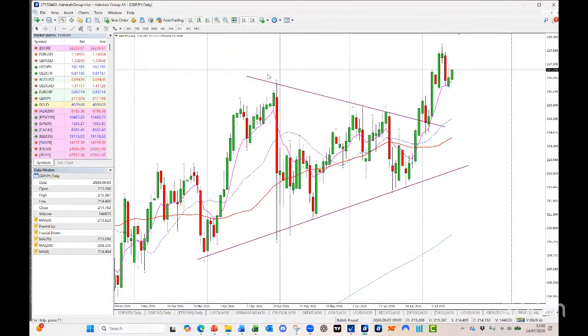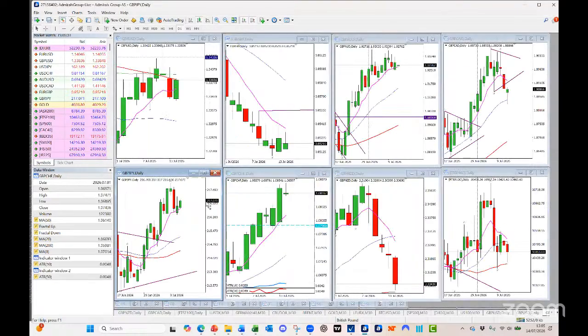Pound against yen, you can see we talked about this wedge triangle building. We broke out of it, came back, retested it, if you like trading triangles, and we've worked our way up. As I said yesterday, this is a bit of an evening star on the daily chart. But we'll see. Maybe we still get a little bit of sterling work and run higher. We'll see what the GDP numbers are like on Thursday, and as I said, everybody's waiting to see who's going to be the Chancellor. That's the overlying thing on that.